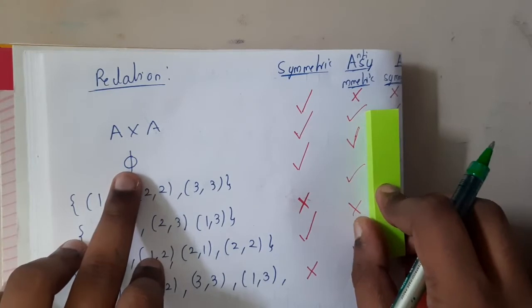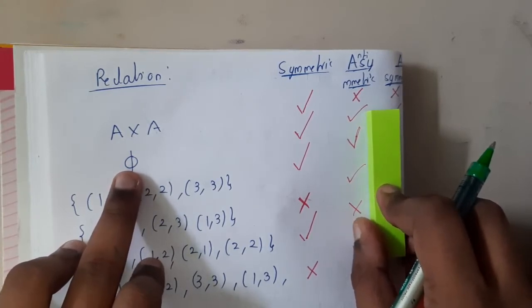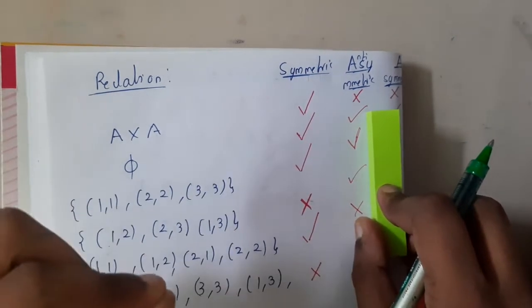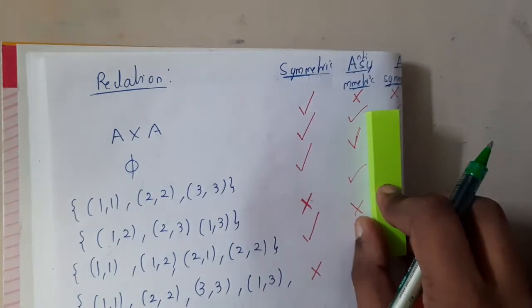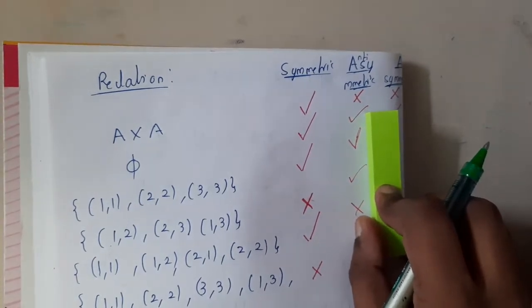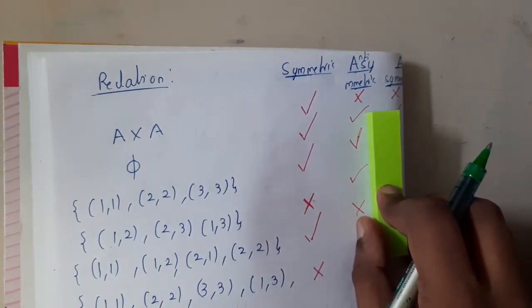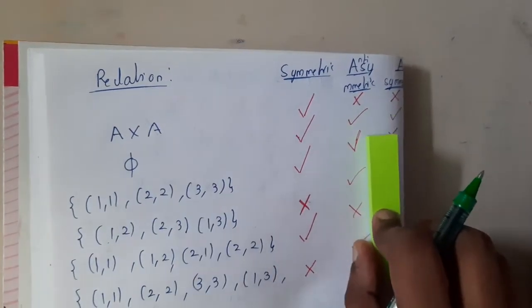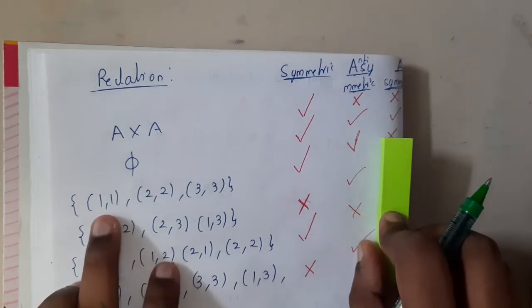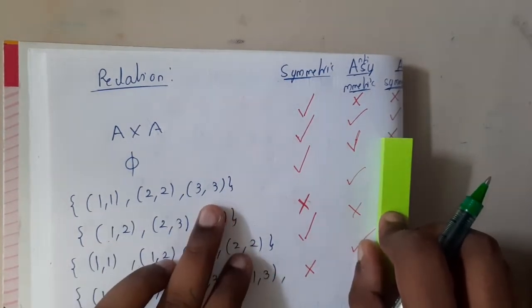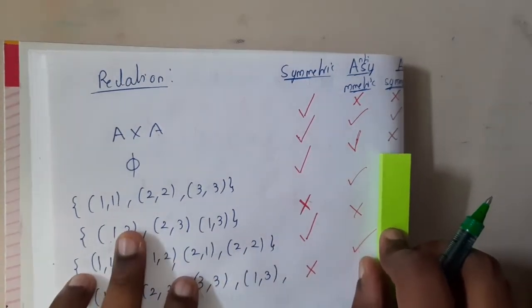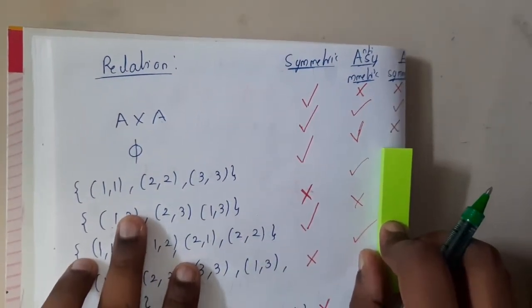Similarly, moving on to 5. So what is a 5, guys? One of the most important things which I told with respect to this symmetrical thing is if and only if it is there. So basically, if A comma B is there, we are going to work with some relation with respect to the opposite of it, like B comma A. But if one is not there, we don't care about the other. So 5 will also be anti-symmetric, guys. When it comes to 1 1, 2 2, 3 3, what did I tell you? Diagonals are not allowed. I clearly told you, right? Hence, this is also not asymmetric.